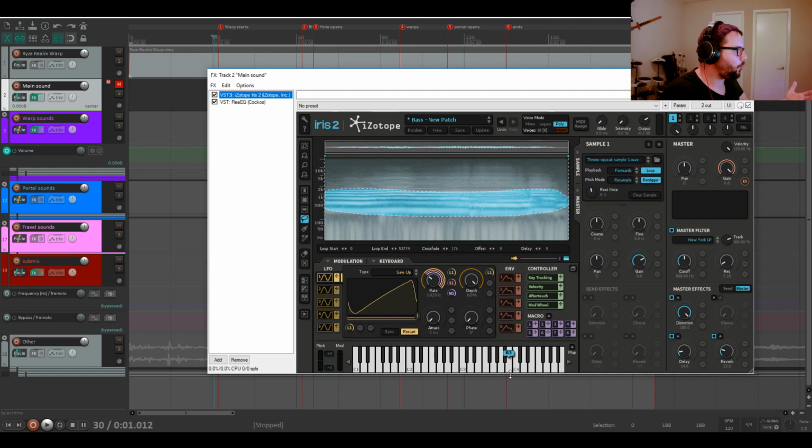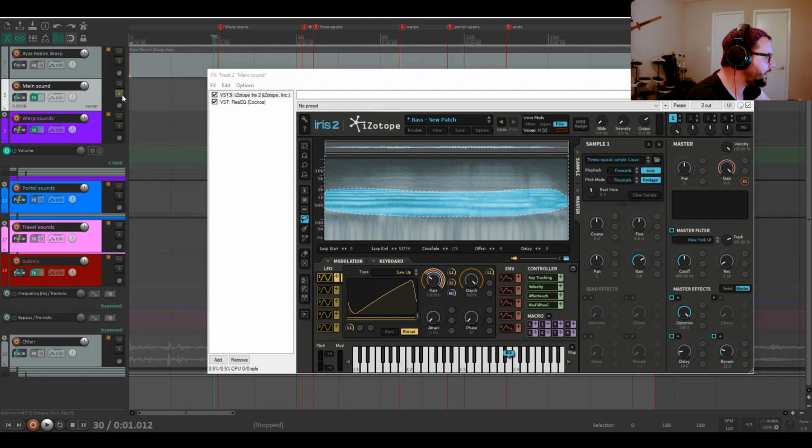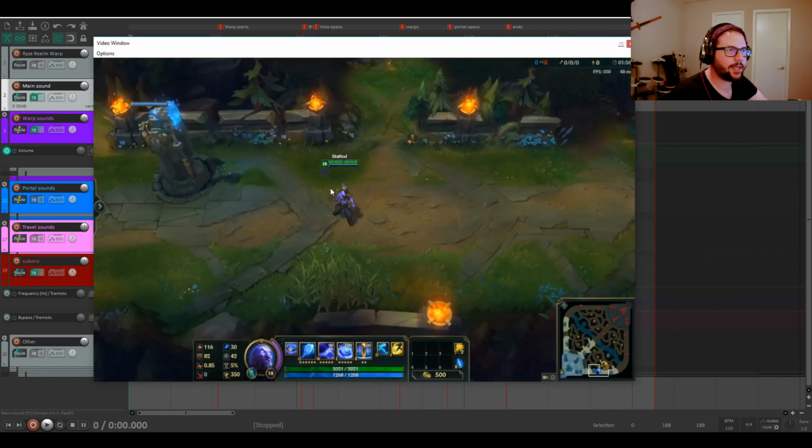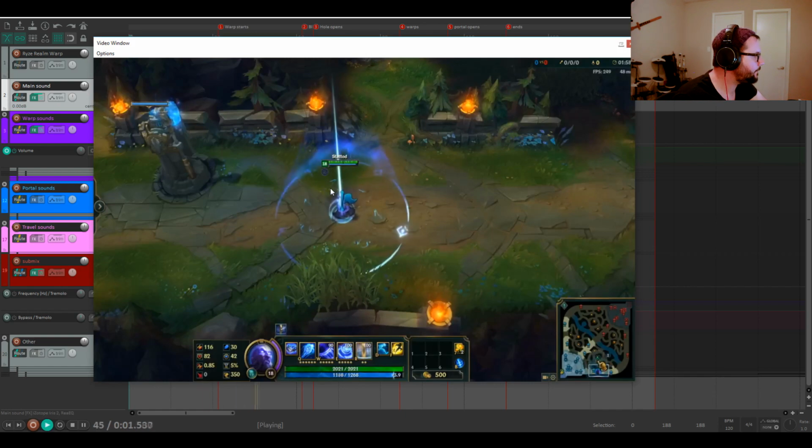So I dropped in one of the throne squeaks, and then I carved out some EQ frequencies. Its normal pitch was on B3, but I played it just a little over an octave down on the A2. And I just set it to the length of the video just to see what would happen.